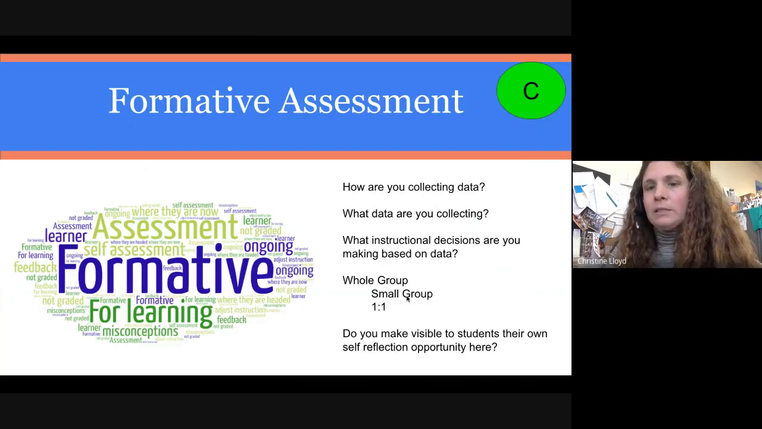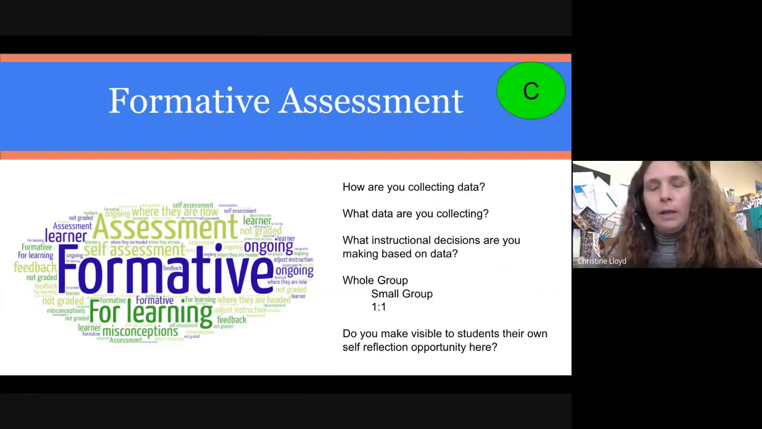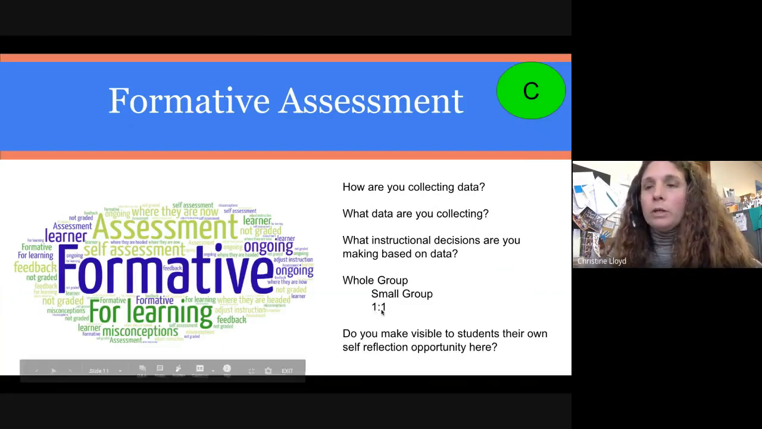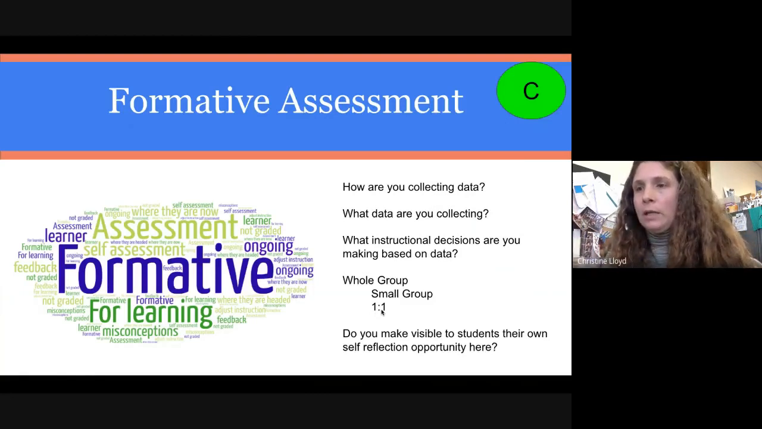That would be my next move. And I'm going to take those 20% who weren't so sure, and I'm going to do some small group instruction with them. And I'm going to allow the other students to move forward. If I find that only one or two folks are confused on the concept, then I'm going to do some one-to-one teaching. I know that the rest of the group can move forward with whatever activity it is, and I've